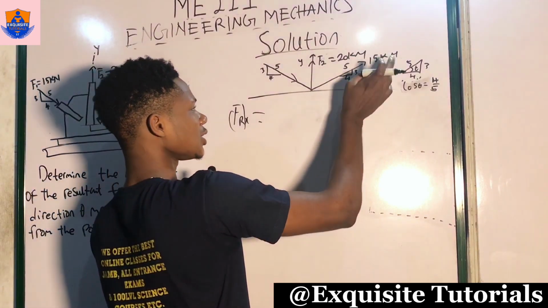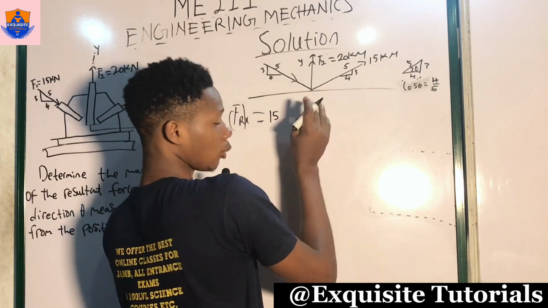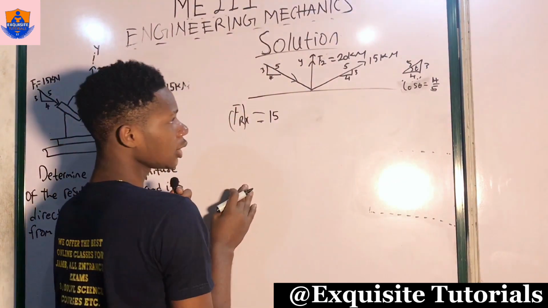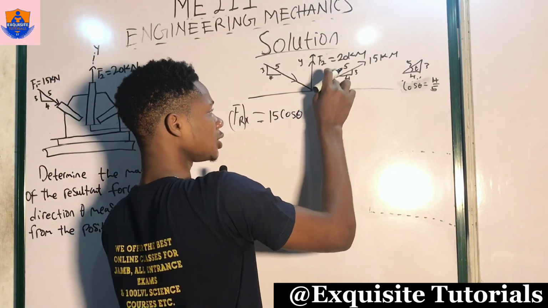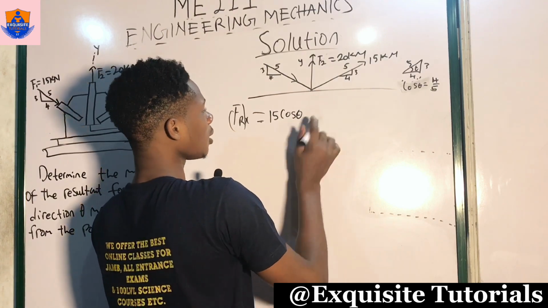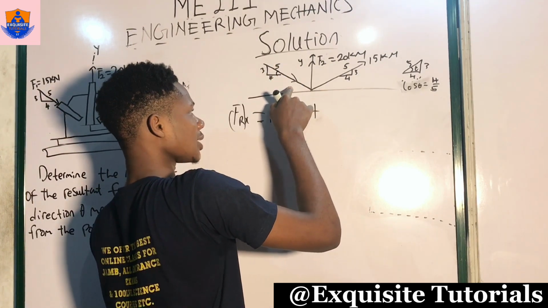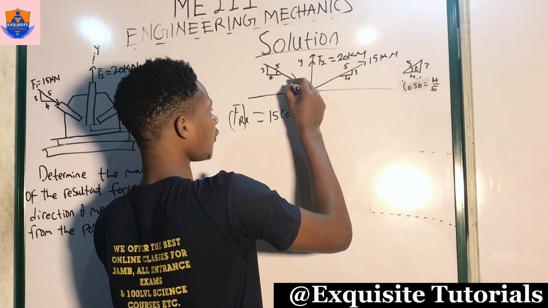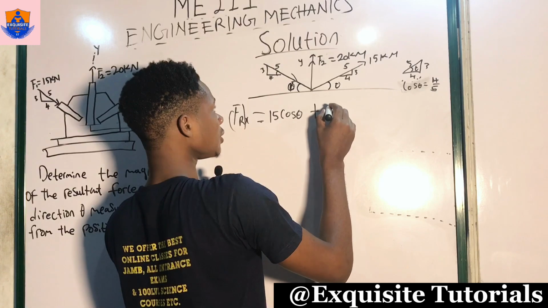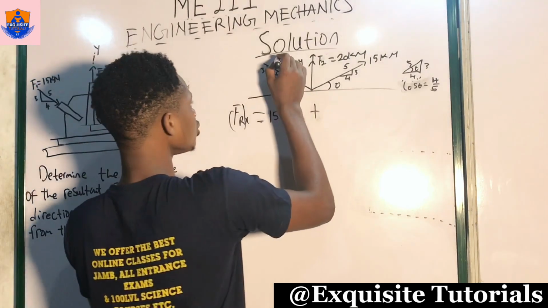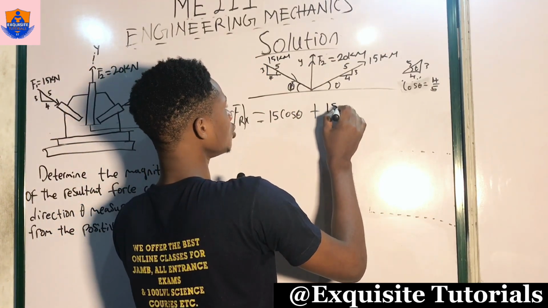Now, if I'm resolving to the x-axis for this first 15 kilonewton, we're going to have 15. I'm going to neglect the kilo, just to save time and space. So I have 15 cosine of theta, which is the angle between these axes. Plus for this other one, I'm going to call the angle between the negative x-axis and the vector phi. I'm going to call this theta. In this case the force is 15 kilonewtons too, so we're going to get 15